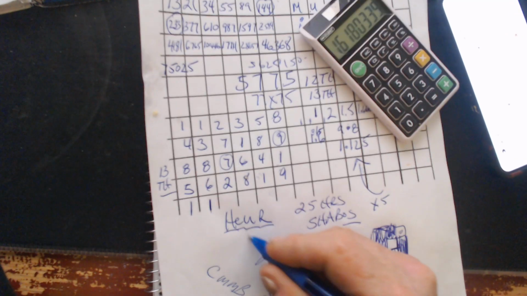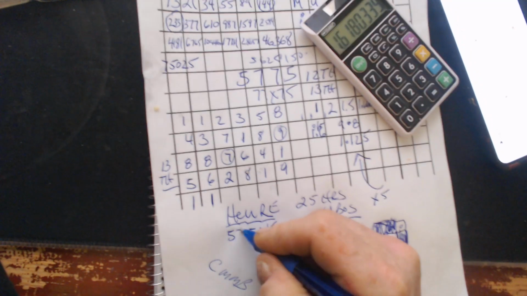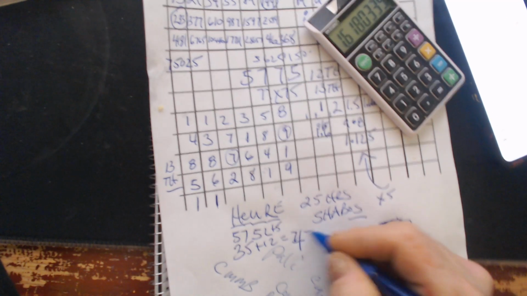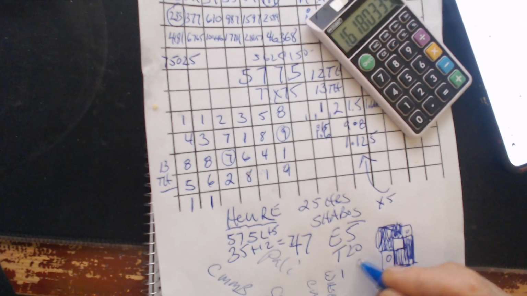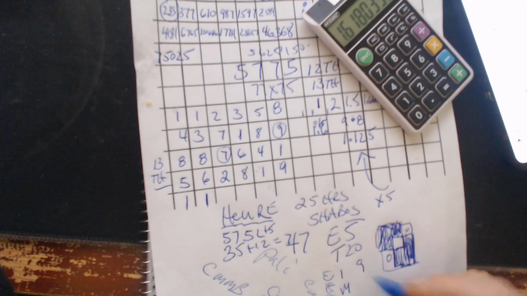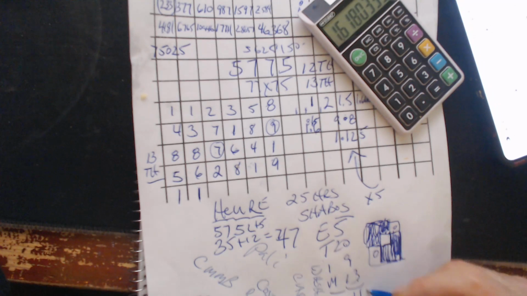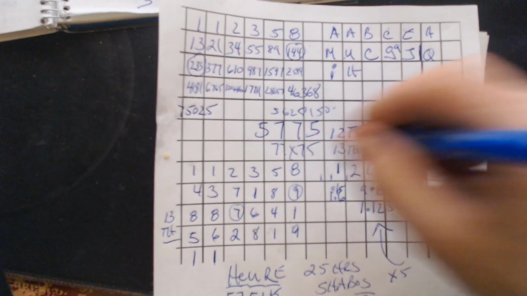34, 44, 52. And then the E, 57. 5 times 7, 5 plus 7 equals 47. E5, T20, I9, 13, 25, 34, 44, 47. Time energy of Christ. So now that we've done this part, okay, 75 times